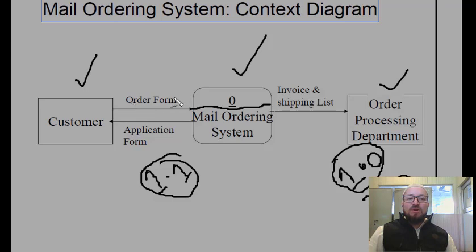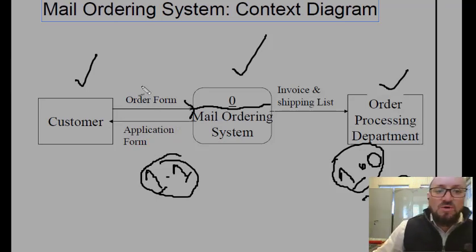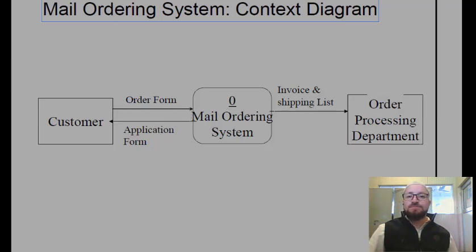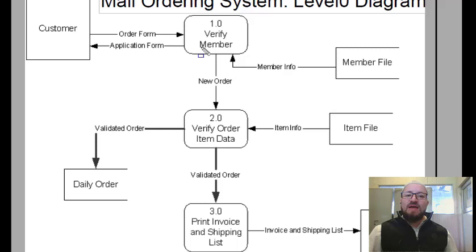यहां से मेरा डेटा फ्लो क्या हो रहा है, ऑर्डर फॉर्म आ रहा है फ्रॉम कस्टमर टू द मेल ऑर्डरिंग सिस्टम। और अगर वो मेंबर ना निकला तो मैं उसको क्या दूंगा वापस, एप्लीकेशन फॉर्म। सो दीज आर बोथ डेटा फ्लोज, ठीक है। अगर वो कस्टमर निकला तो ठीक है, उसकी फिर हम ऑर्डरिंग करेंगे एंड इनवॉइस एंड शिपिंग लिस्ट आगे फॉरवर्ड करके वो ऑर्डरिंग डिपार्टमेंट को देंगे। अगर वो मेंबर नहीं निकला तो उसको हम एप्लीकेशन फॉर्म वापस देंगे, दैट विल बी द डेटा फ्लो, ठीक है। सो दिस इज द कंटेक्स्ट लेवल एंड वी मूव नाउ टू द लेवल जीरो।